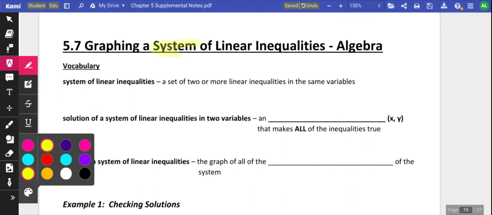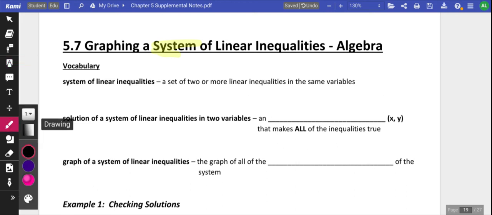All right. So a system of linear inequalities, it's two or more linear inequalities in the same variable. So we are really not going to deal with more than two. We're just going to have two at a time. All right. So what that means,